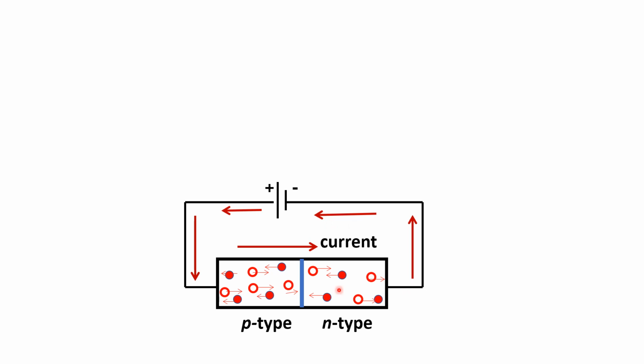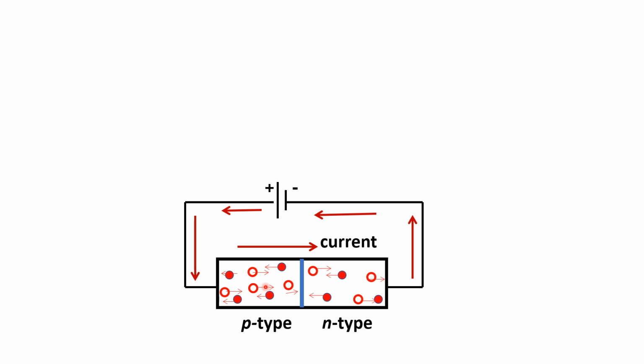So in this case, since there is an electric field, which causes the holes to move to the right and are able to actually cross what we call the p-n junction. And similarly, the electrons in the n-type are also able to cross over to the p-type